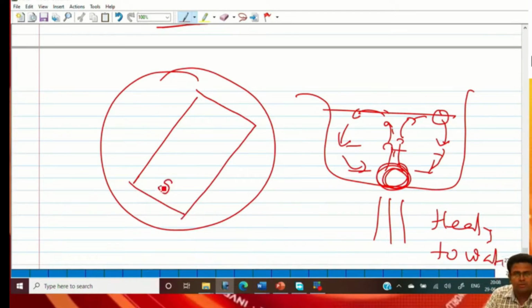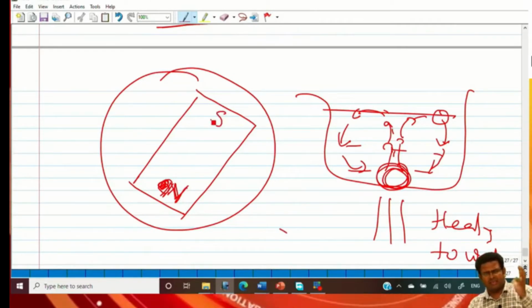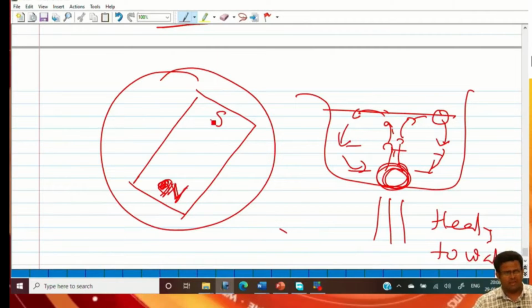there will be the south pole, and the direction where it is clockwise, and the direction where it is anti-clockwise will become the north magnetic pole, and the direction where it is clockwise. Sometimes, if you have studied in class 11th, if you have a science subject, doesn't matter at all,